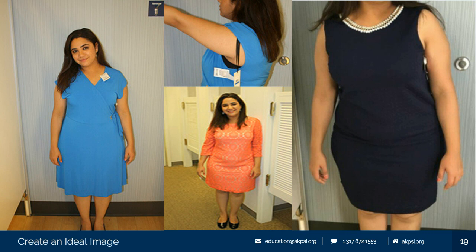Now, at the same token, you have to think, if someone were to walk into your office or enter an interview or something of that sort, and they were wearing a dress like any of these three, which are almost there but not quite, this is what we're calling blockers. There's so much that a person has to offer someone.